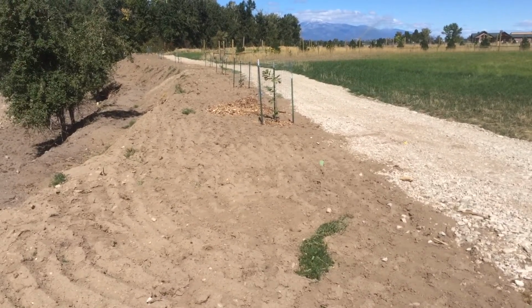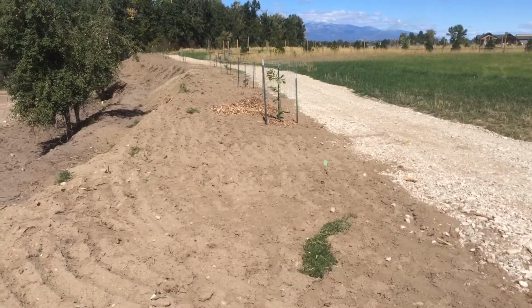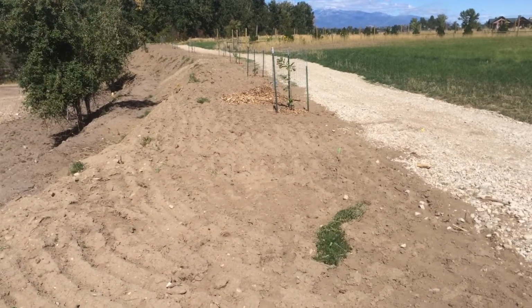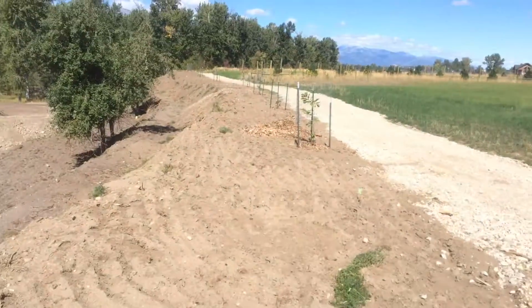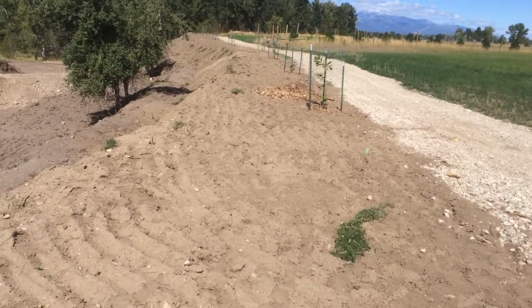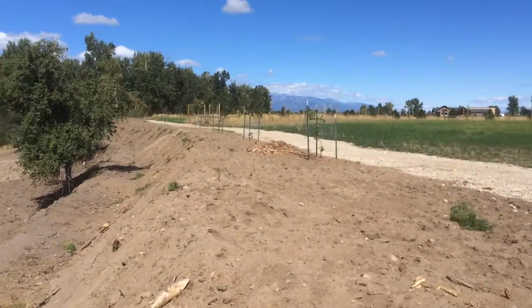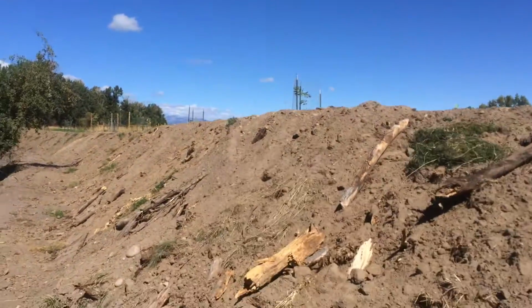We've put in alternating oak trees at the top. By far my favorite deciduous tree for many reasons. We've used a skid steer to create furrows in it. And we'll be seeding that today, tomorrow, and start irrigating that for the next few weeks before winter sets in. As we make our way down from the upper terrace to the